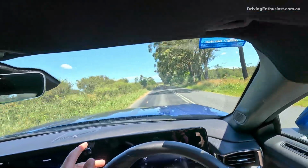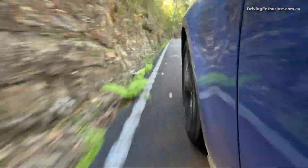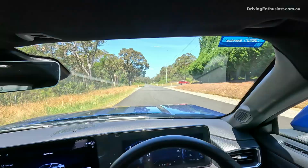Obviously I know where I'm turning, but compared with some other sports cars on the market, this is just a little bit vague and a bit heavy set. The handling's not bad though, it's absorbing the bumps. This is a sports car at the end of the day,